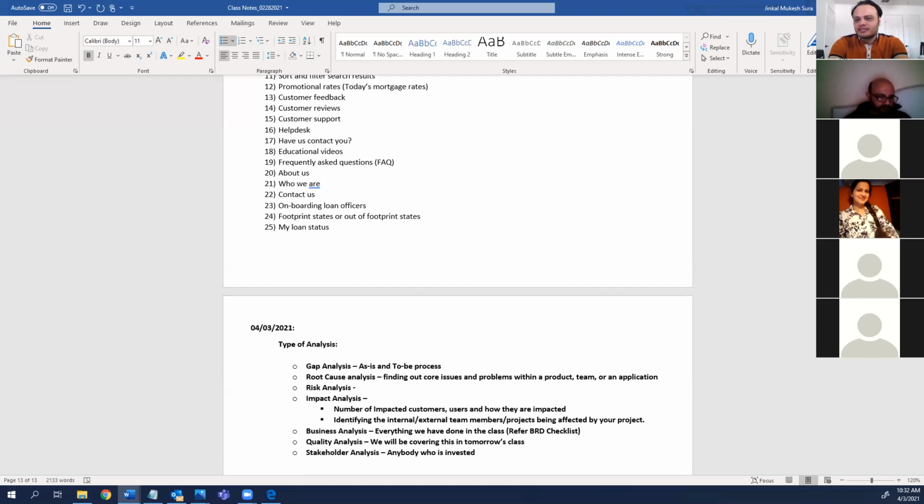If we take Uber, for example, it will be the driver, the customer, even Uber employees. Actually, invested is not the right word there. Anybody who is directly or indirectly involved in the project